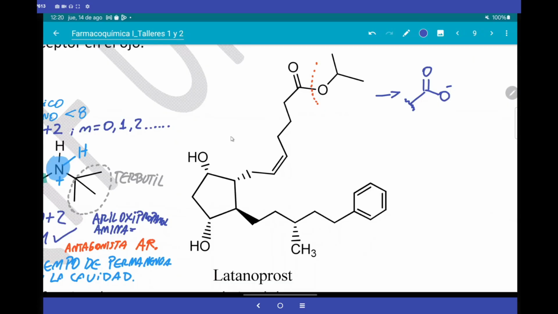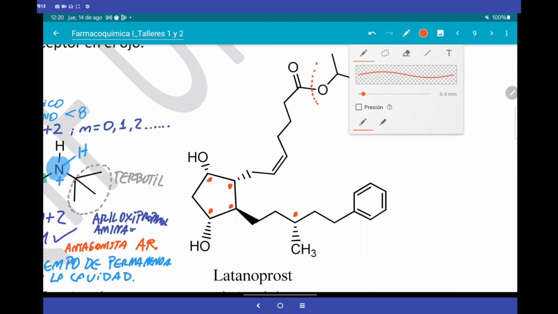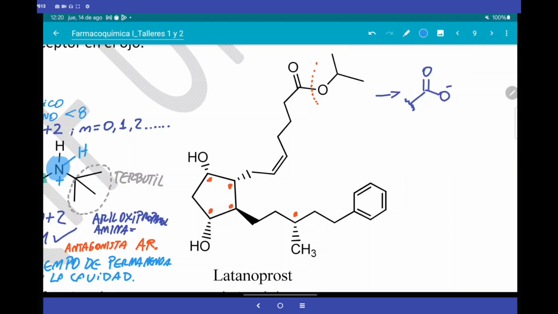We already have that here. There is a hydroxyl, and in total how many chiral centers do you see here? Let's see, we have 1, 2, 3, 4, and where's the fifth? Exactly, there inside the cycle, and what else? There is another element that has to do with stereochemistry, that does not give the same orientation, and that it is fixed.